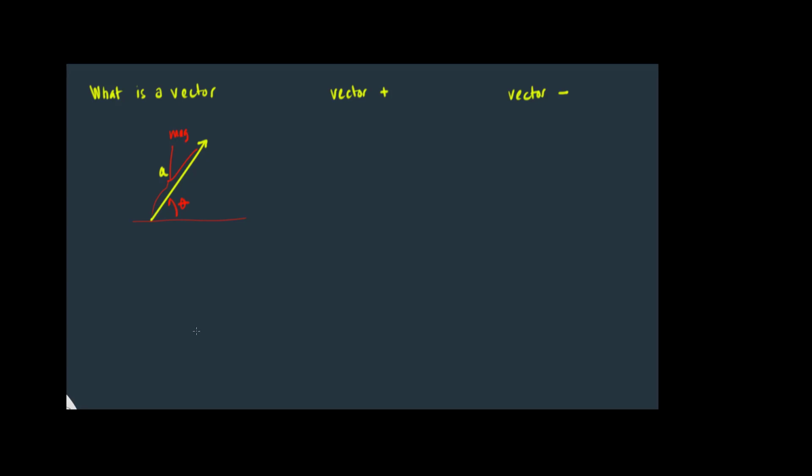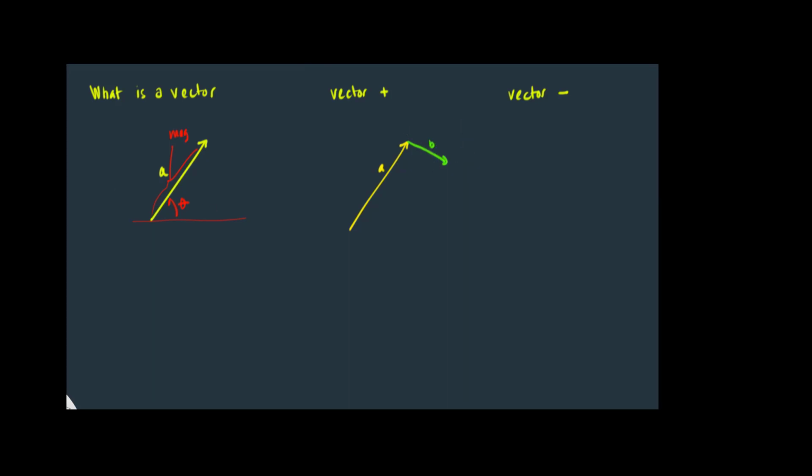Its particular location isn't important, and so we want to know how to add two vectors together and how to subtract one vector from another. So first of all, let's think about vector addition. If I have a vector A, and I'm going to add to that another vector, let's go ahead and make a pretty green vector, and let's say this is vector B, and I want to add those two together, I am going to simply think about this as moving these guys head to tail like that,